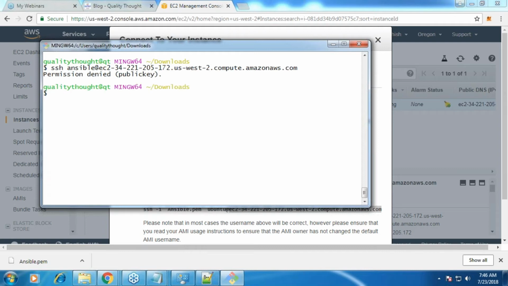So what is it saying? So we have two problems. One is we don't have the sudoers group, and the next thing is we are unable to log in with our Ansible user. So shall we solve these two problems? Right? Okay.